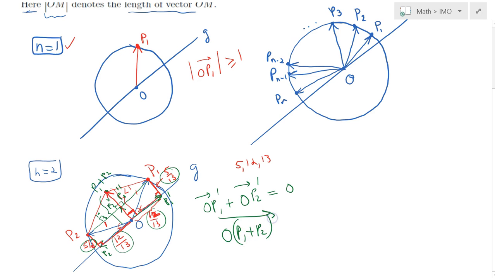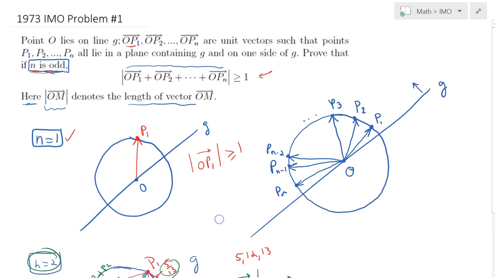I guess that's a terrible notation, but it gives you the idea. The magnitude would simply be equal to 5/13 plus 5/13, which would be 10/13, and in fact this is strictly less than 1, giving us the desired contradiction. So this claim is not true for even numbers, but now we can